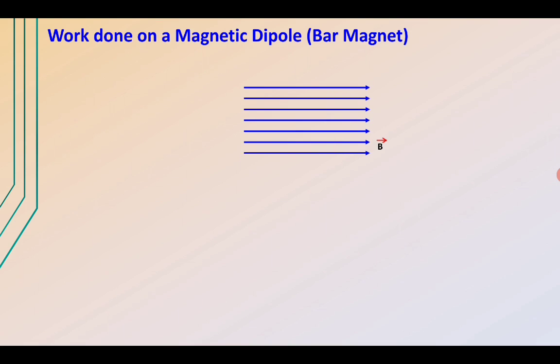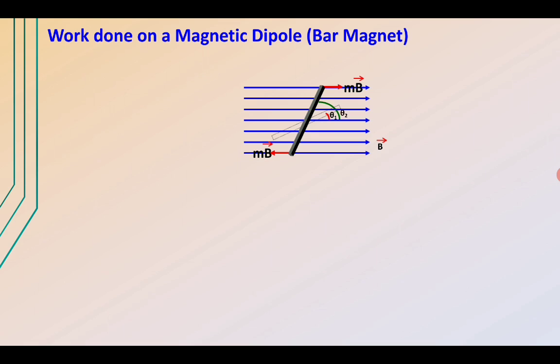In order to find the work done on the magnetic dipole, or the bar magnet placed in a magnetic field, let us consider a uniform magnetic field B and a bar magnet placed in this uniform magnetic field inclined at an angle theta 1 at this particular position, and MB represents the strength of the magnetic force at the north and south pole of this magnet.